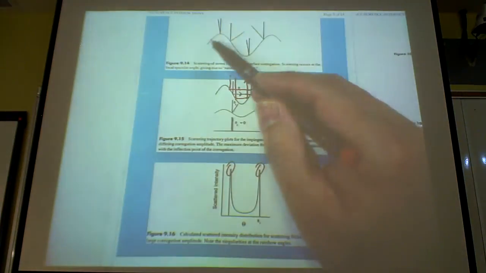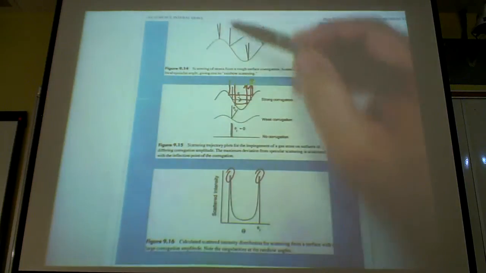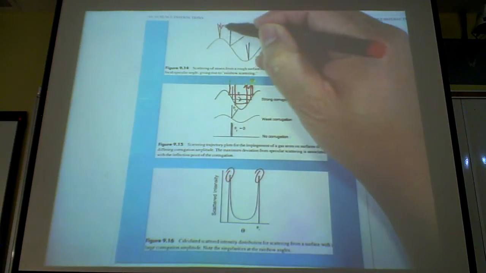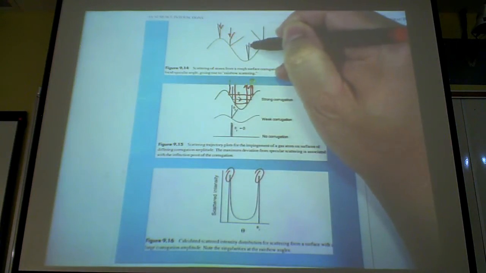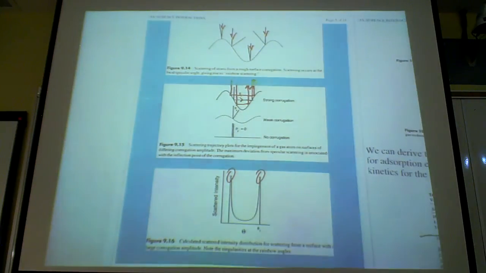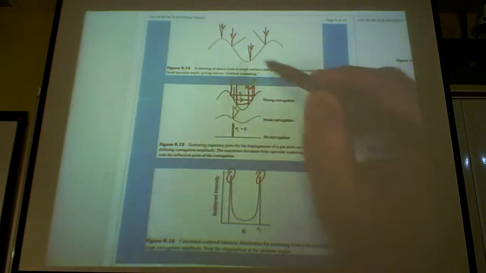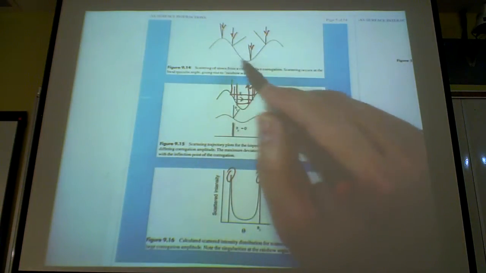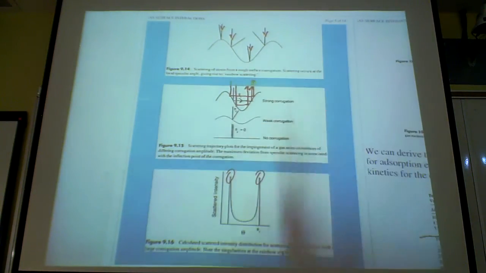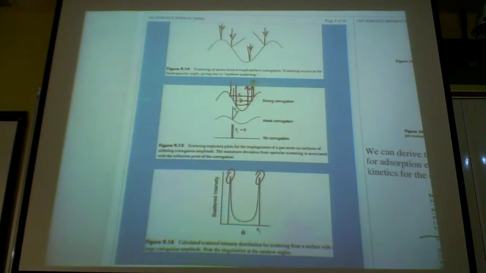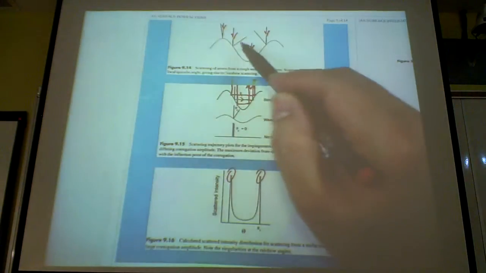Here, for example, if you have a roughness like this, you consider all this incident being normal to it. These are my incoming beam. You can see, depending on where it hits this curved surface that I have, my reflected beam could be at different